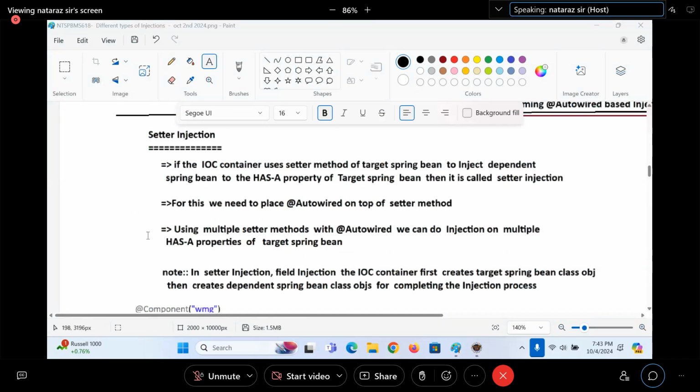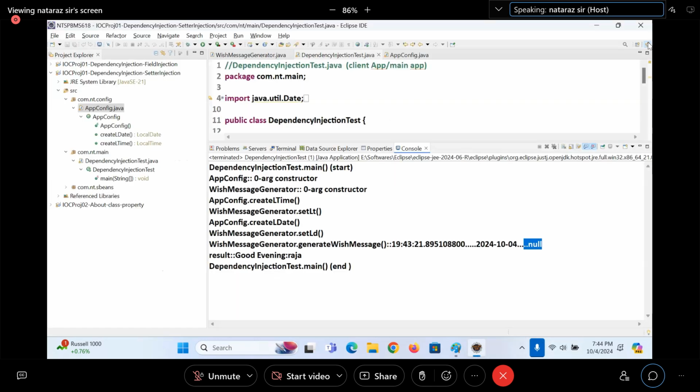Tell me the next one. In setter injection and field injection, the IoC container first creates the target Spring bean class object, then creates what? The dependent Spring bean class object for completing the injection process. Look at the console, guys. First it is creating what object? Target object.